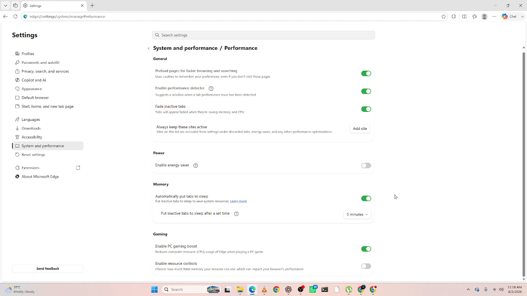in 2026. Whether you're working with dozens of tabs or simply want better browser performance, sleeping tabs can help your